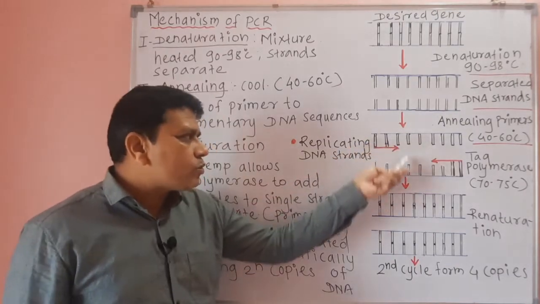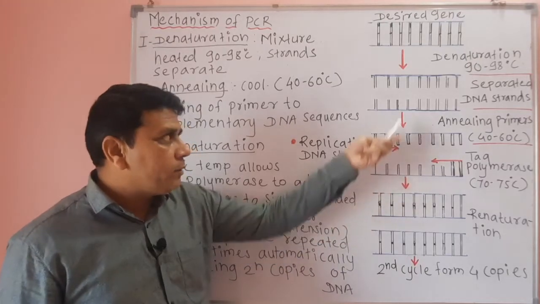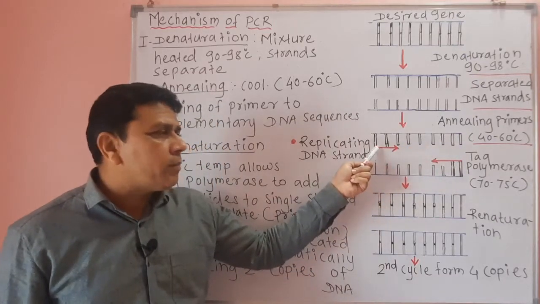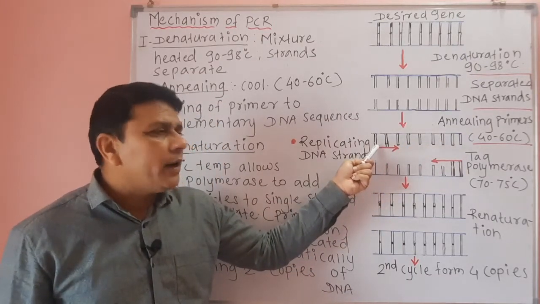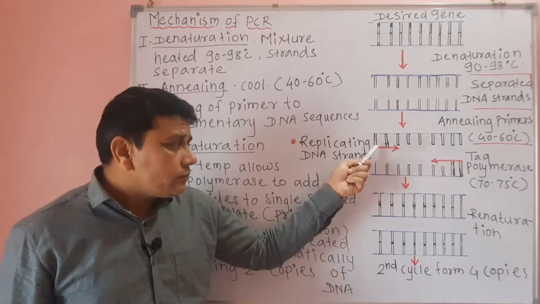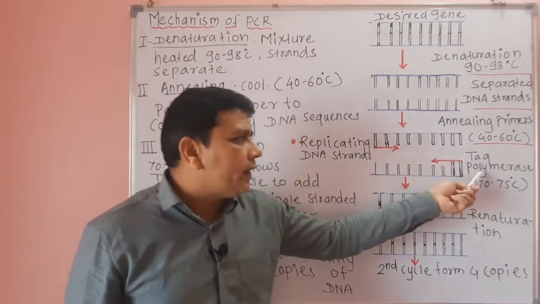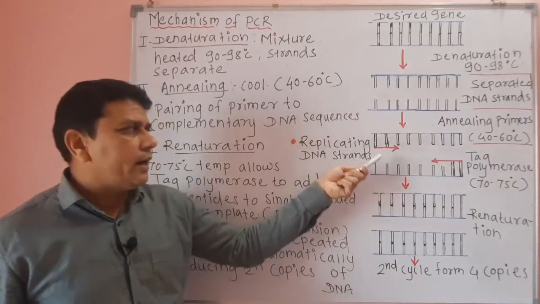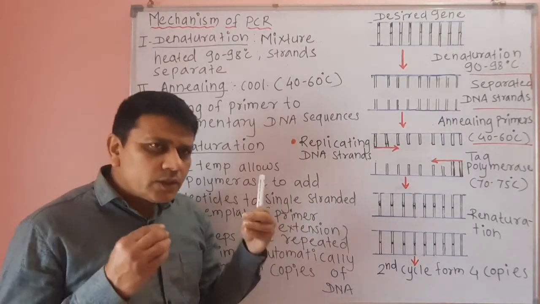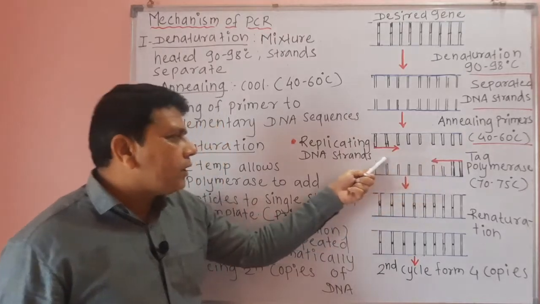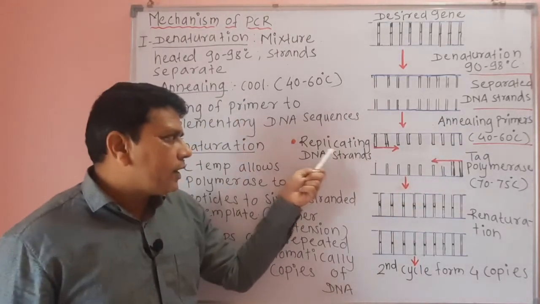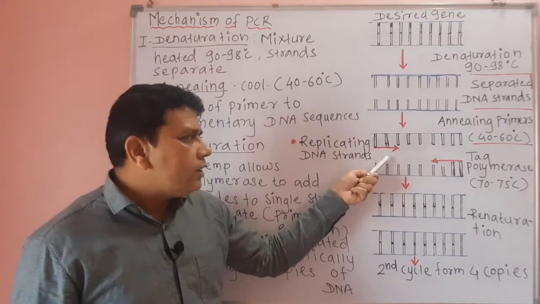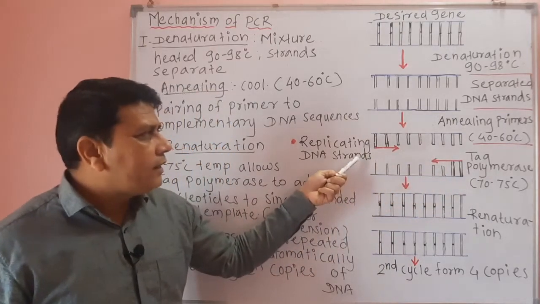So here when these two strands are separated by the process of denaturation, then annealing of the primer occurs. That means the primer gets attached to one end of the strand, where it allows the enzyme, that is Taq polymerase, to get attached, and on both these two strands the nucleotides which are linked together will form another new strand. Here we can see the replicating DNA strands. That means on these DNA strands, new DNA strands are being produced,